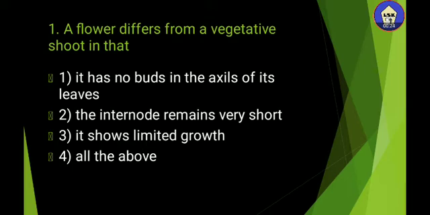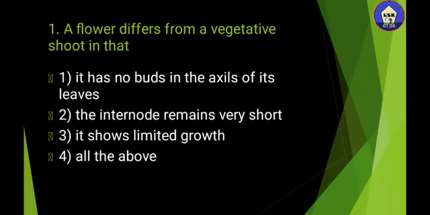So what is the difference between flower and the vegetative shoot? Flower is responsible for the reproduction, and the vegetative shoot is normally responsible for the production of branches and leaves. Here the flowers are called modified shoots. The various parts of the vegetative plant body are modified into a collective structure called the flower. In the flower, sepals are modified leaves, petals are modified leaves, stamens are modified leaves, carpels are also modified leaves.